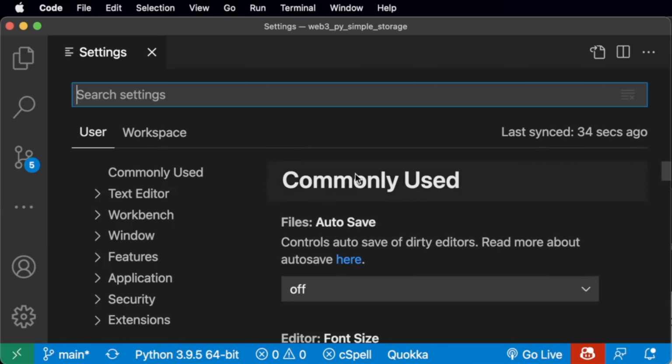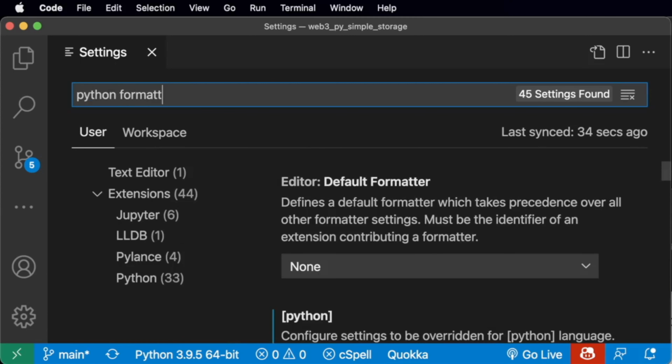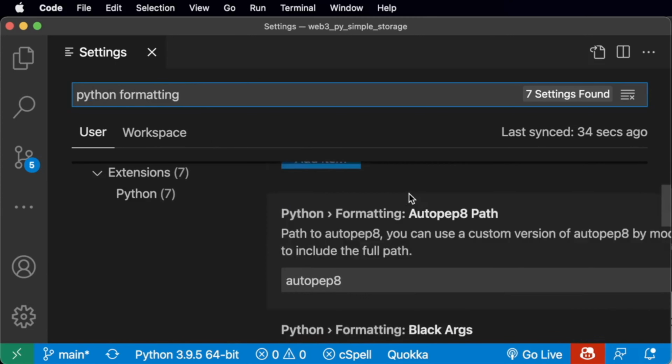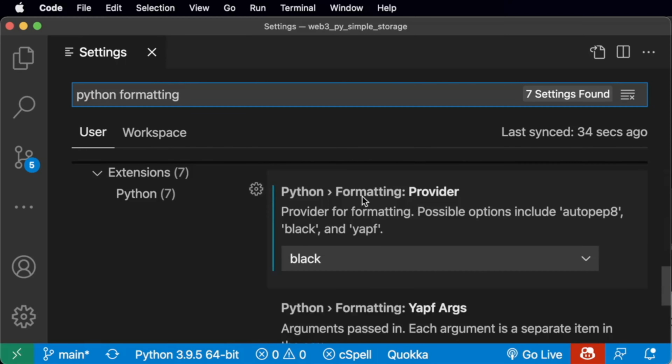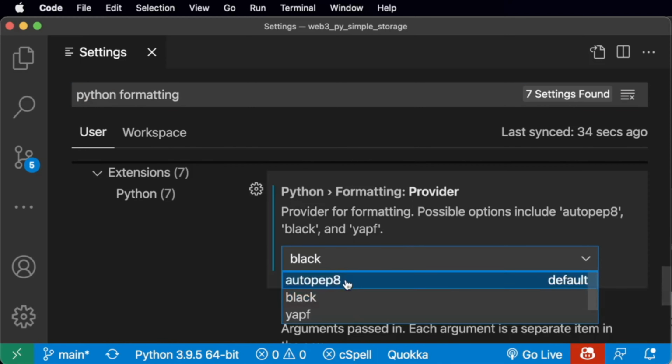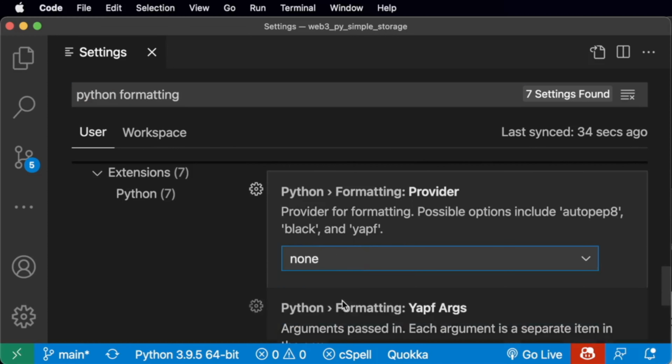Then we'll come to our settings and we'll look up Python formatting, and we'll scroll down to Python formatting provider. You might have AutoPep8 or none in here. You're going to want to change it to black. This way, whenever we save our Python files now, they will also get automatically formatted to be very readable and